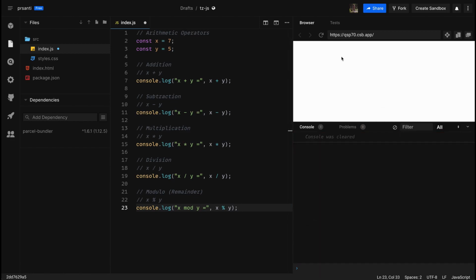Let me clear my console and run my code again. As you can see, we can do all our basic